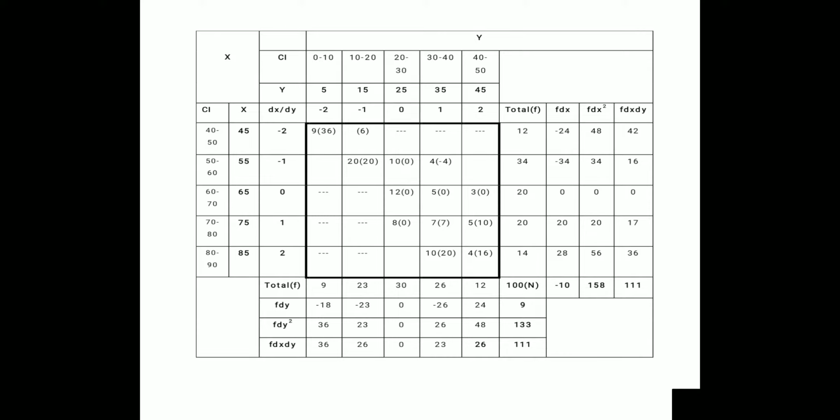Okay, so in the same way we should compute f dx dy of the rows and also the columns, and then the values in the bracket have to be totaled, and which is called f dx dy of the particular row or the column. That is, here the bracket values of the first row within the bold line, that is 36 plus 6, that is 42. So that is the value of f dx dy of that particular row. In the same way, we should total the values in each row and each column, and we will obtain sigma f dx dy.